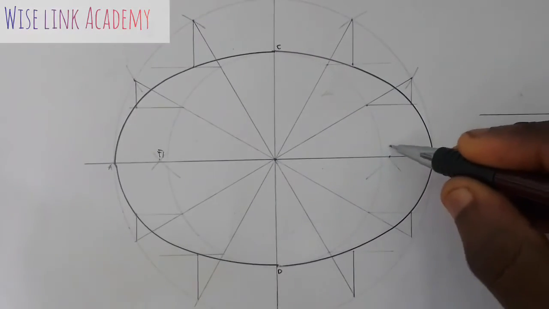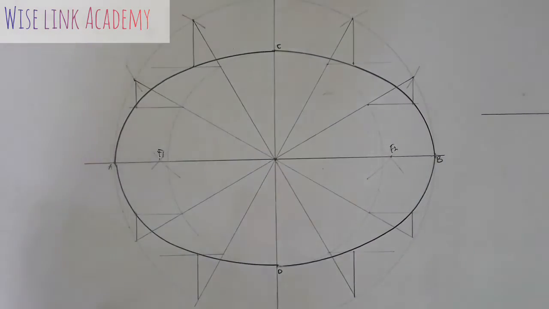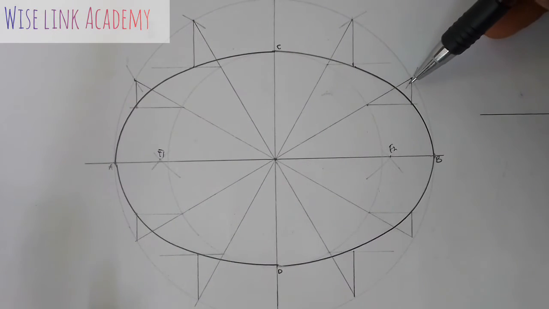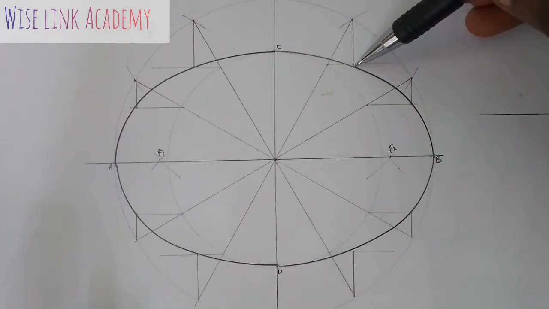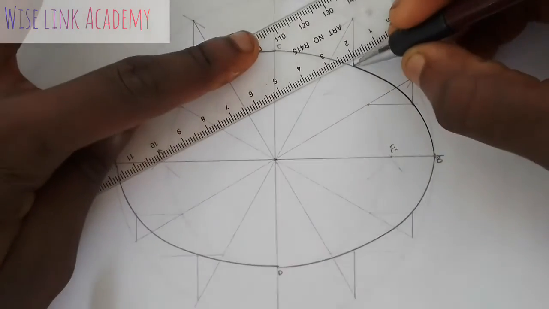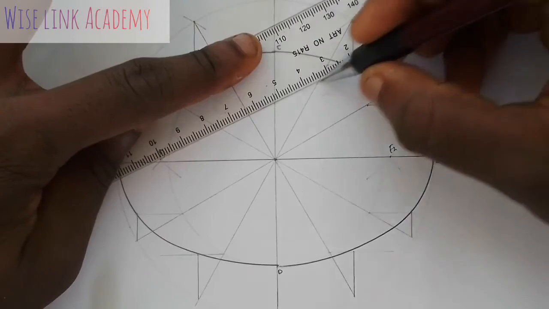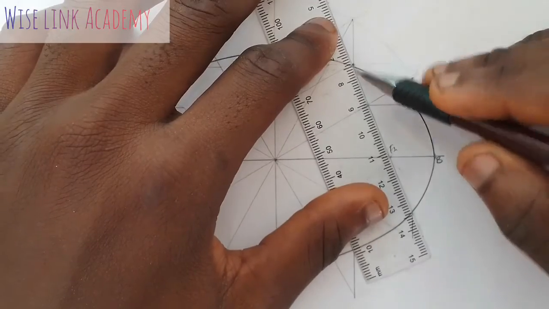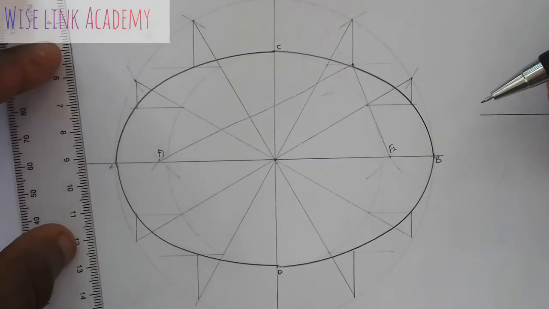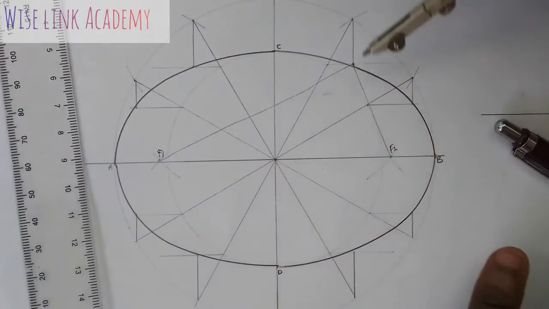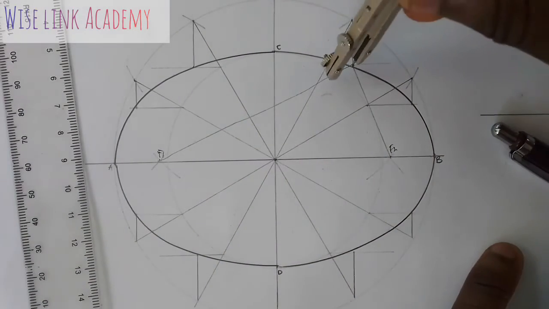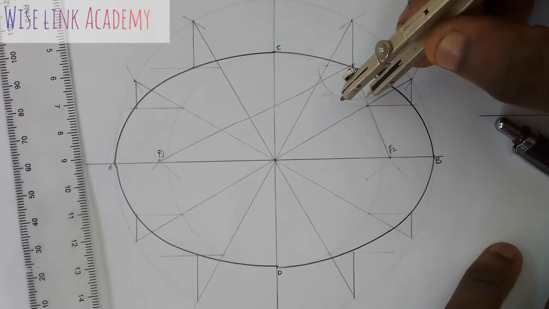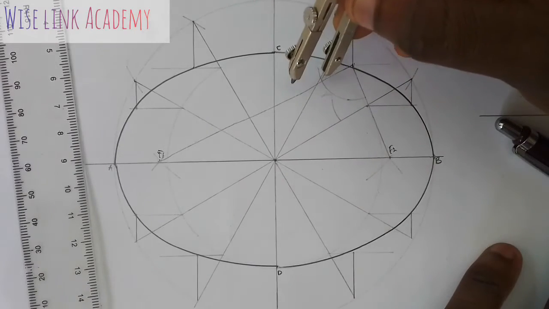So where the arc cuts, at this point, call it F1, and call it F2. From my F1, now you choose a side. Either you want to use this point here, or you want to use this point to draw an ellipse. So let's just use this point here. So connect this point here to F1 this way. Then connect this point here to F2 down this way, right? So I will draw an arc from this point here. I will draw an arc this way, right? So at this point here, strike an arc. At this point here,